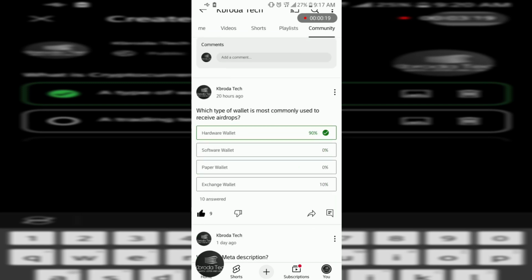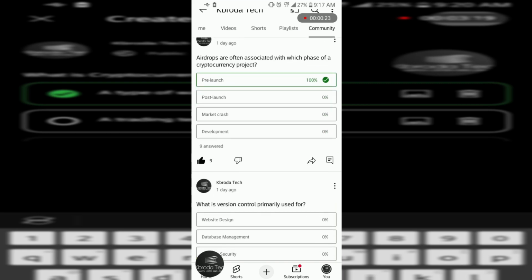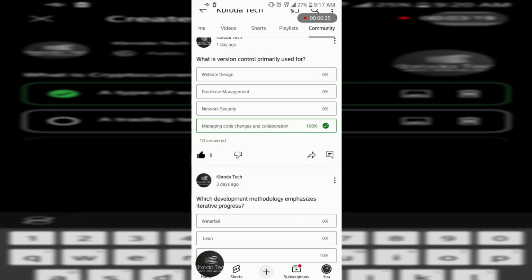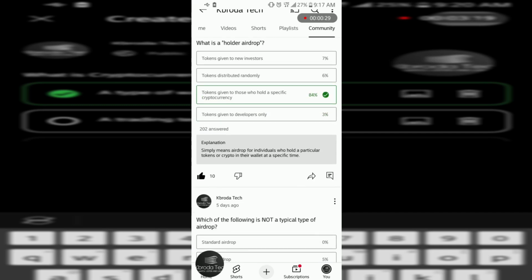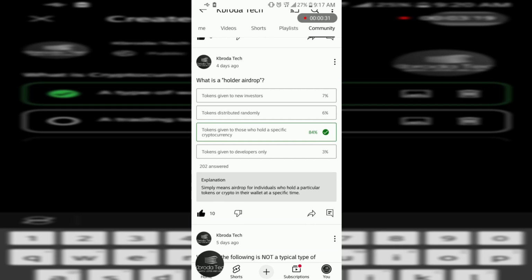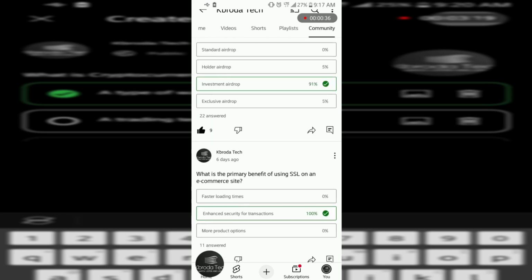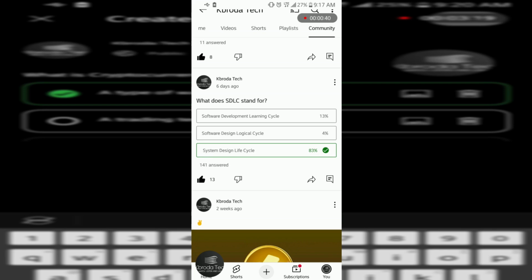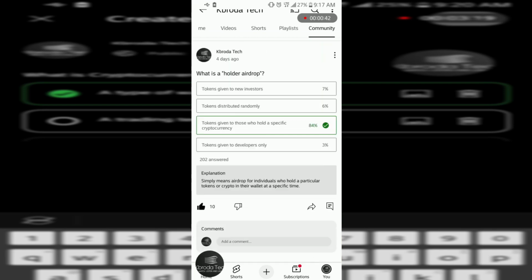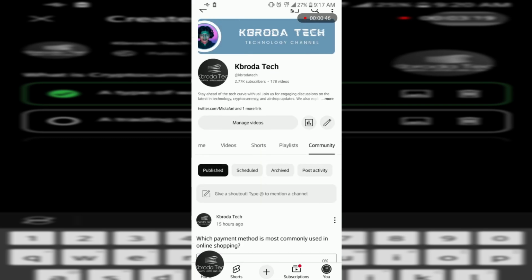I've been publishing questions every blessed day. You can see here, some of them are reaching out to a lot of people. You can see 10 people answered, 10 people answered, 10 people every blessed day. For this one almost 202 people answered, and 22, and this one 11. A lot of people are reacting to this, 141 here. So I'm going to show you guys how you can create and publish this type of question